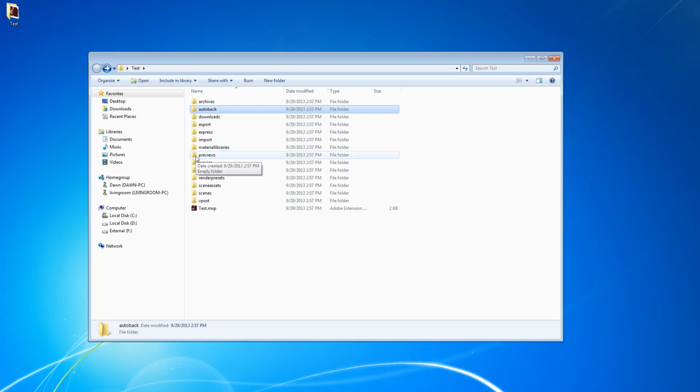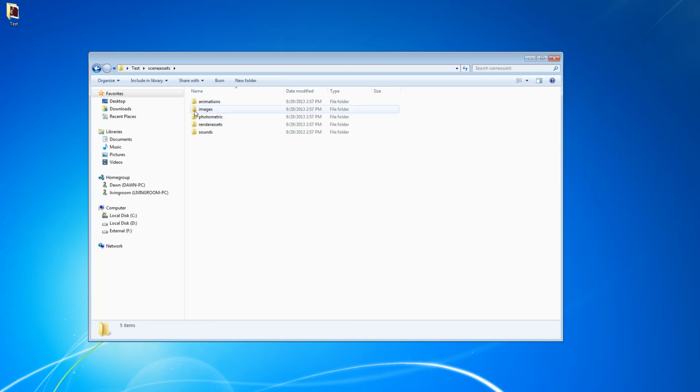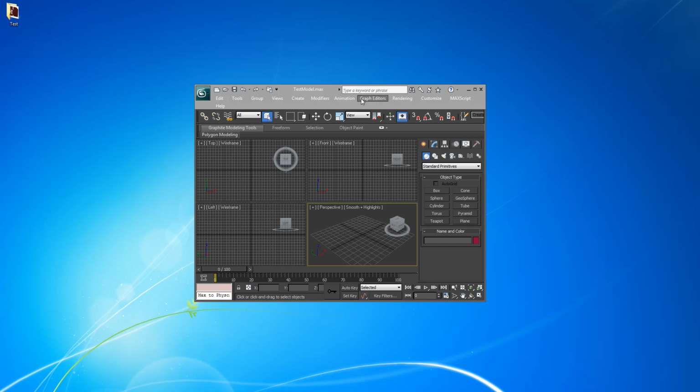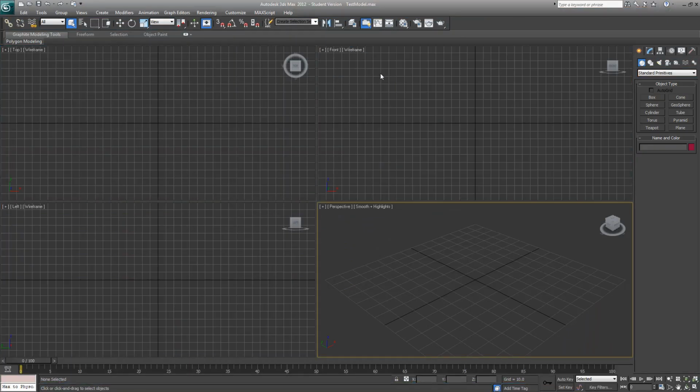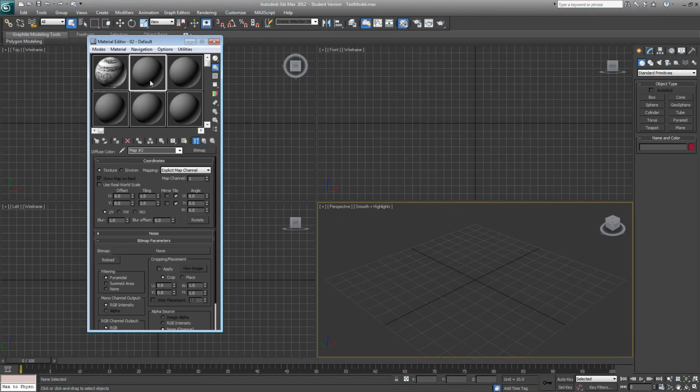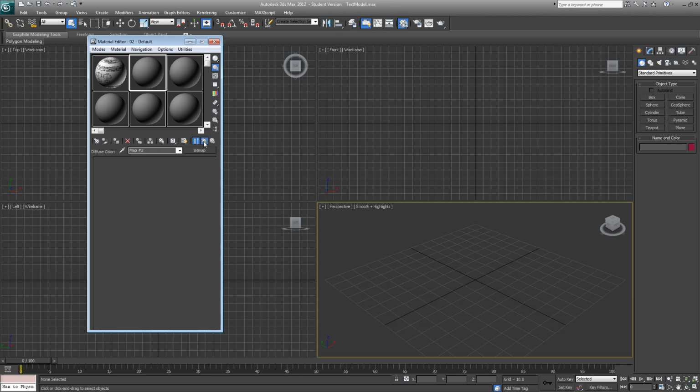You would want to continue to scene assets. There we go. Under scene assets, you'd load all your images here automatically. When you went back into Max, you'd find them there. So let's say I loaded in a couple different images. So now I can click back here, go to Material Editor,